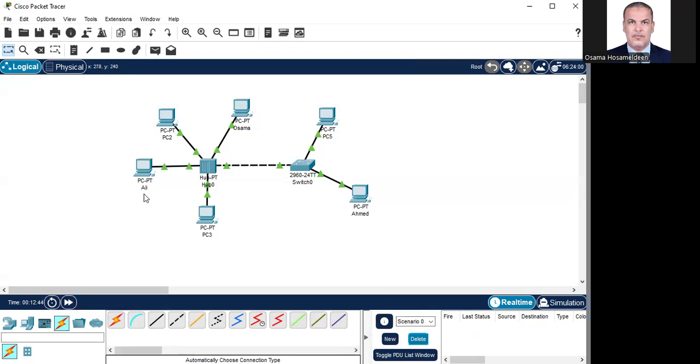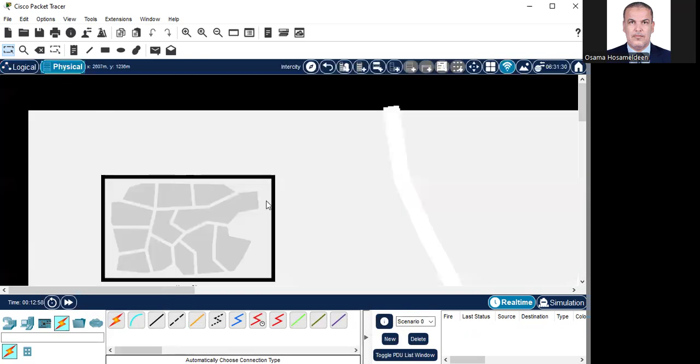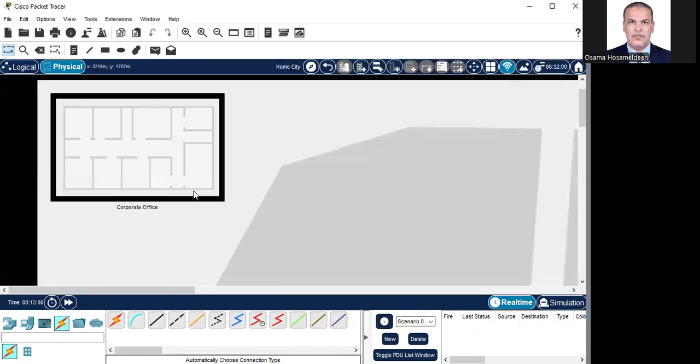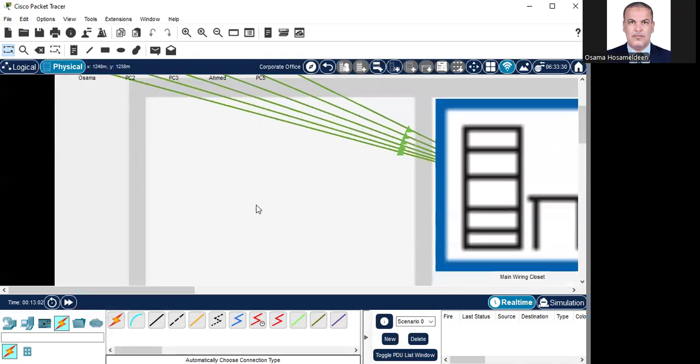And as I told you, this is star topology. This is also a star topology or a mixed star topology. And the layout is logical layout. Actually, we have 2 different layouts. We have the logical layout, we have the physical layout. The physical layout is the layout of